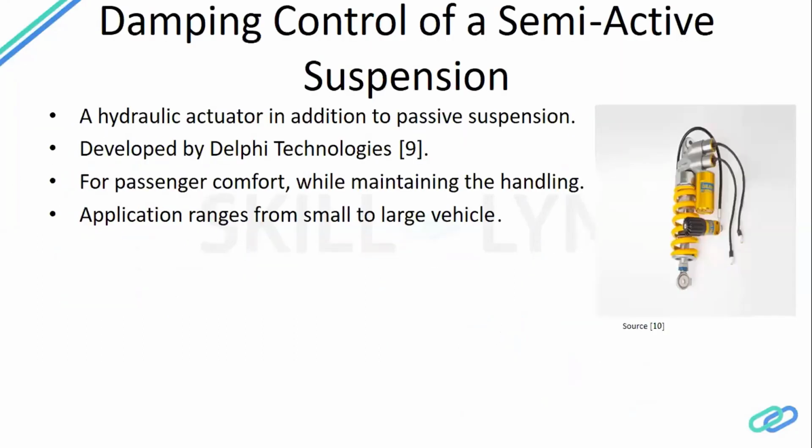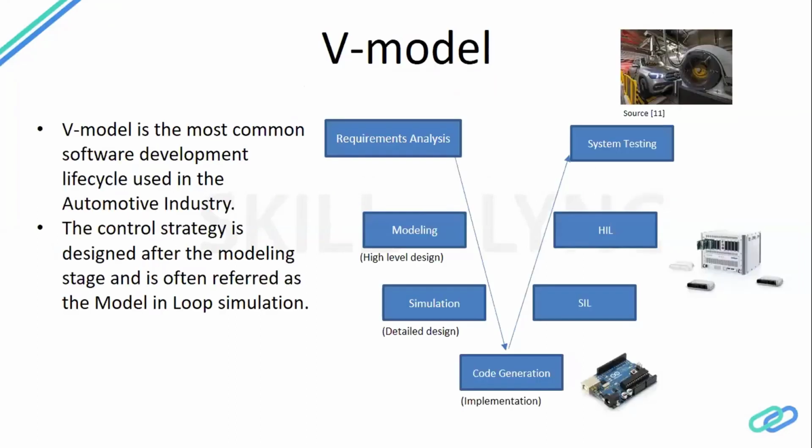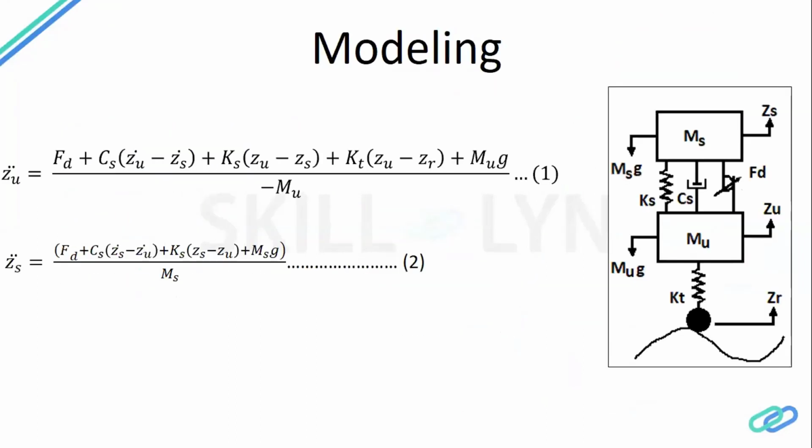So if I take this system, which is our semi-active suspension system, and try to create a free body diagram, this is how it will look. I take only a quarter car model. If you're not aware of the term, it is 1/4 of your entire vehicle, just the wheel part and the part above the suspension. If you draw a free body diagram of that, this is how it looks. And what do these terms mean?